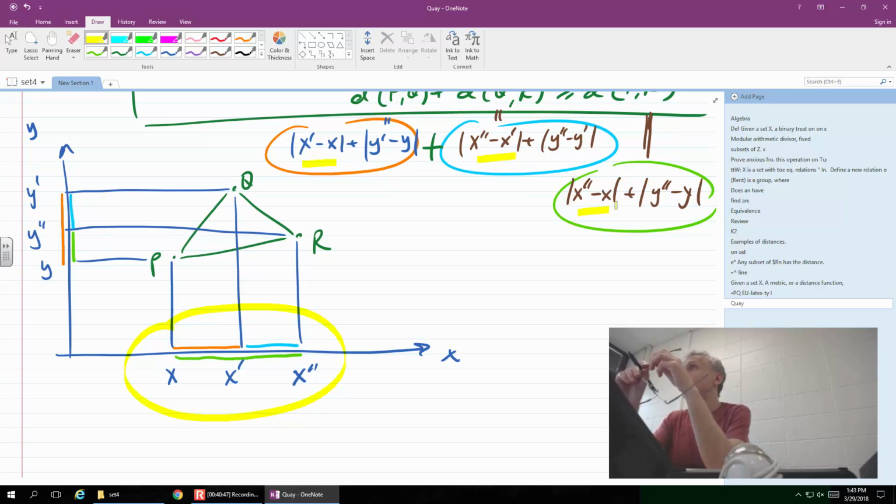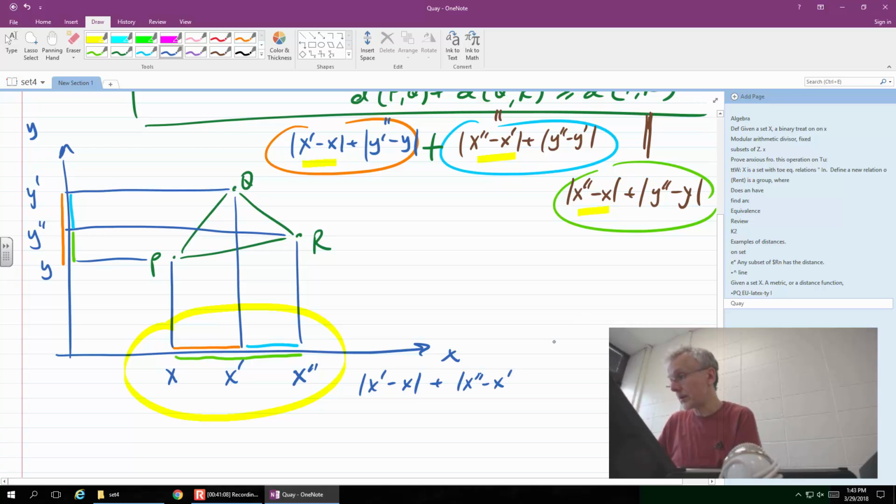Orange plus green versus orange plus blue versus green. What do you see? Orange plus blue equals green? They seem to be the same. Yes. So once again, x prime minus x plus x double prime minus x prime seem to be the same